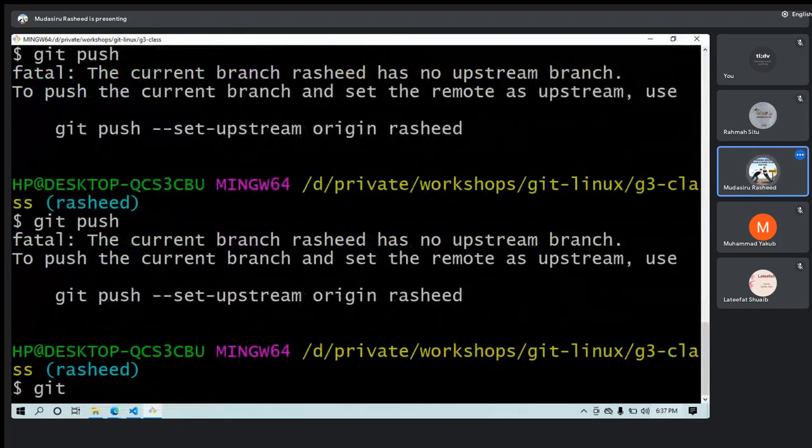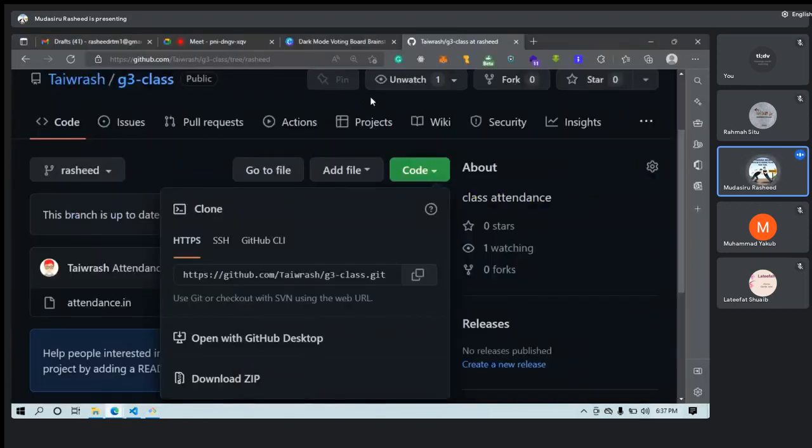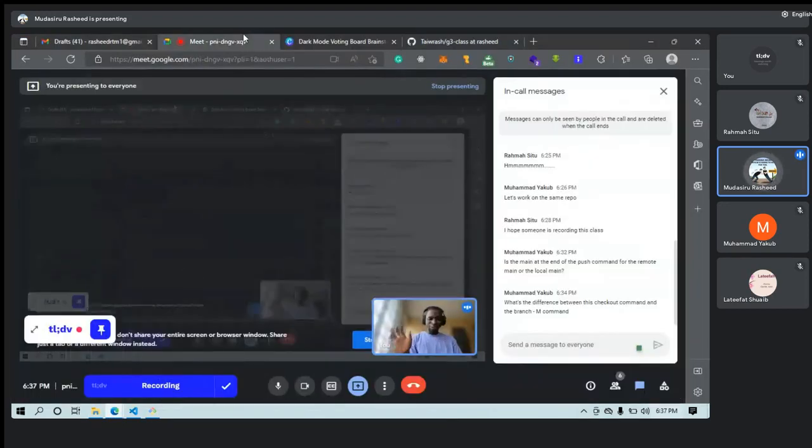What about if I try this push, git push origin Rashid? Will this work? I want a suggestion. I want us to talk. What do we think? Will this work for us? We only have about 10 minutes left. Let me check chat. What's the difference between this checkout command and the branch statement? Okay. Will this work?